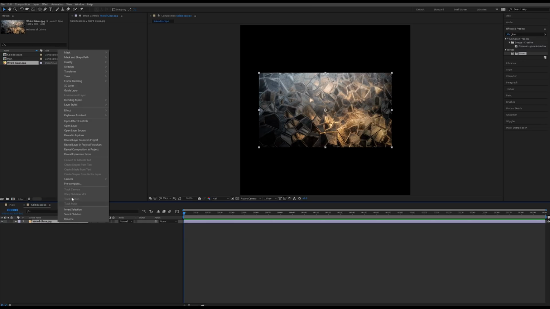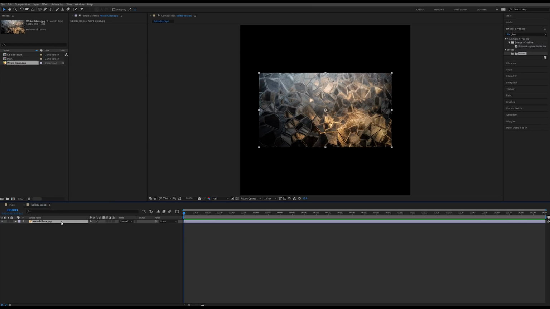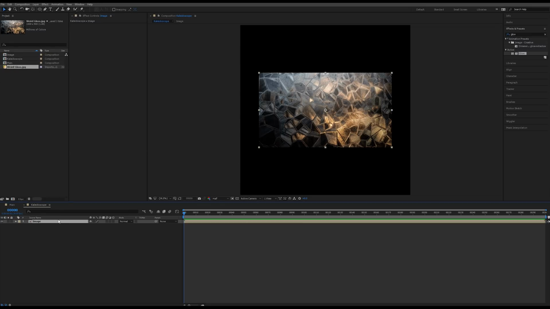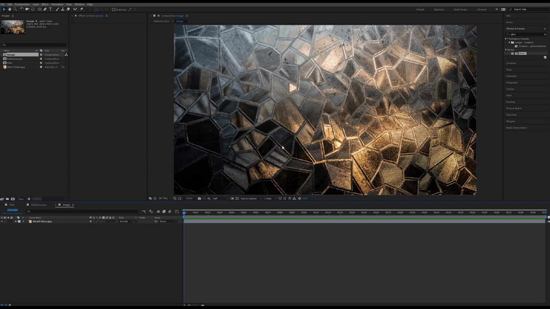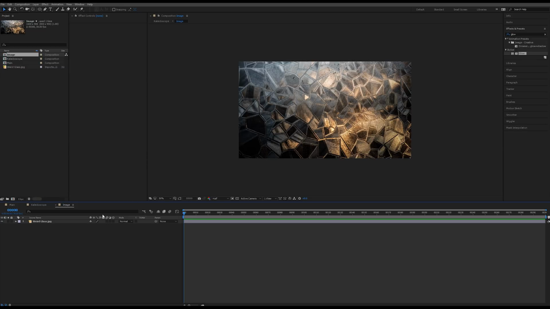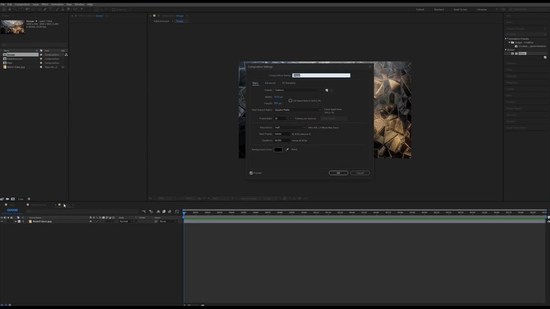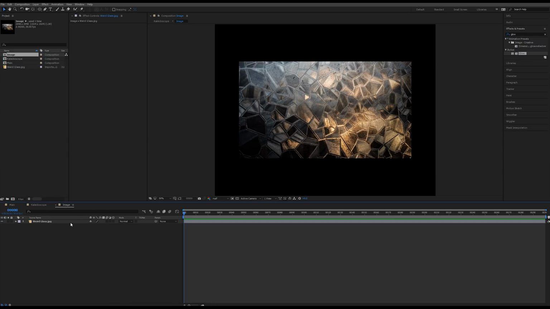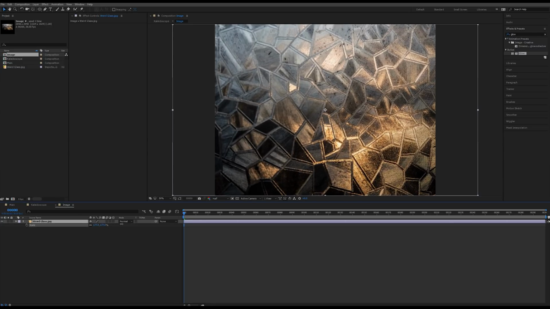Then I'm going to right click and do pre-compose, or you can just do Control-Shift-C, and we're just going to call this image. This is going to open up another composition if we double click, and this is going to just be our image. But for this, we also want this to be square. So right click over the image name and then change our composition. I'm going to do 2048 by 2048 again. Okay, so this means I'm going to have to scale up this weird glass, but that's alright.